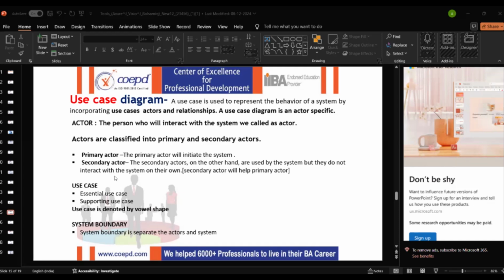So these are the types of primary actor and the secondary actor. And after that, use case. In that use case, two types of use cases are there. The primary one is the essential use case and the supporting use case. What are the essential use case and the supporting use cases? Essential use case in the sense, the main feature, suppose likewise, if we take